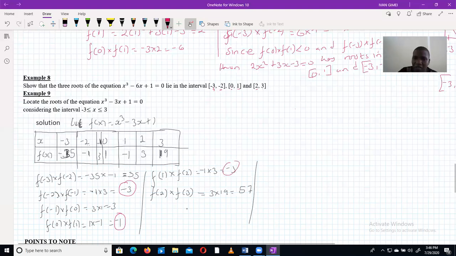Now we shall conclude by saying since f of negative 2 times f of negative 1 is less than 0, f of 0 times f of 1 is less than 0, and f of 1 times f of 2 is less than 0, then the function x cubed minus 3x plus 1 equals 0 has